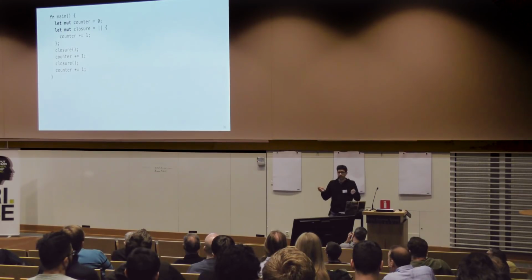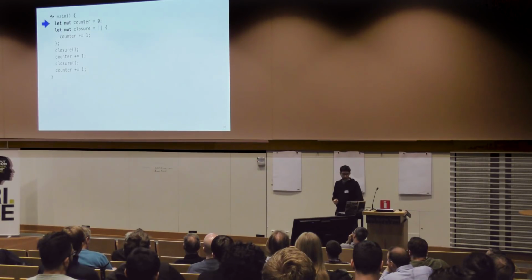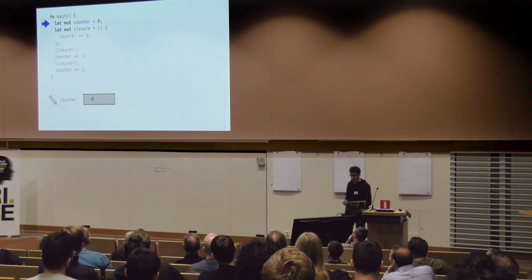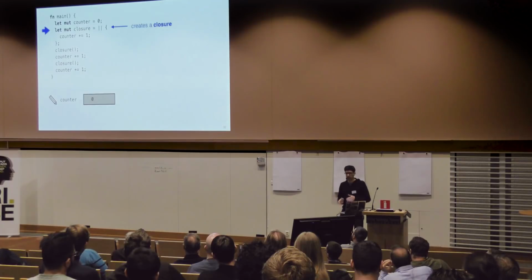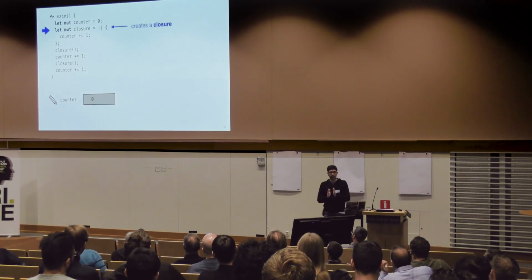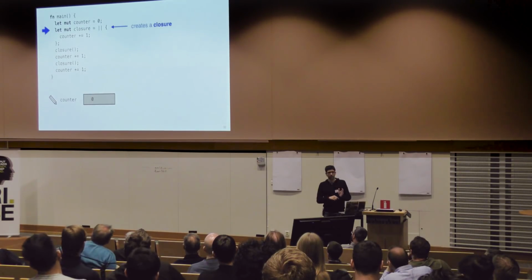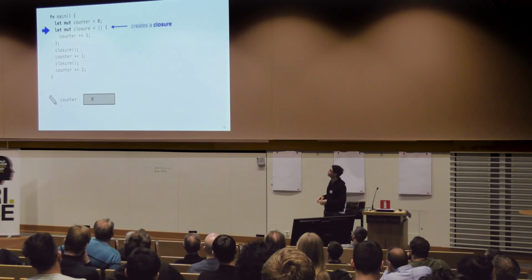And one of the things it can sometimes do is modify them. So here's an example where we have a counter, which is an integer variable. It'll be stored on our stack. And we're going to make a closure, that's here, that's going to increment that counter every time you call it. So in Rust, a closure is indicated by these pipes. In between them usually goes a list of arguments. In this case, we don't have any arguments. It's kind of like Ruby, sort of, if you've used Ruby.